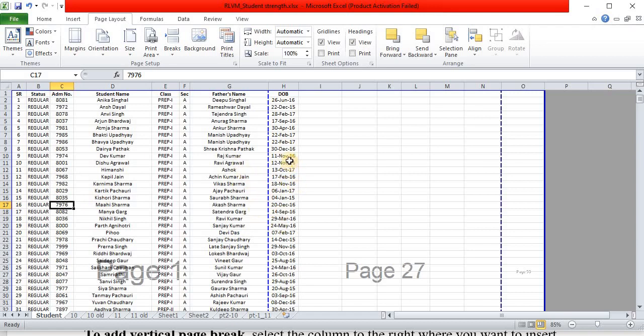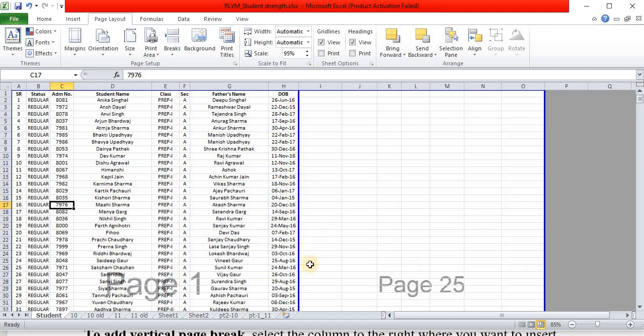If you want this column also to be included in the page, you move this dashed line to here. Now it is converted into a solid line, which represents that you have applied a manual page break.